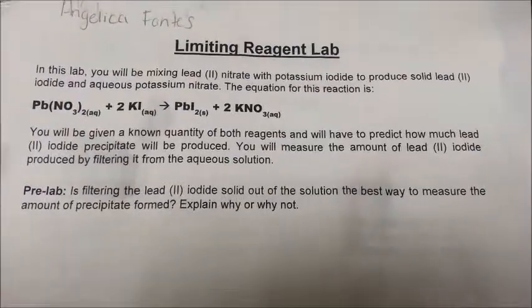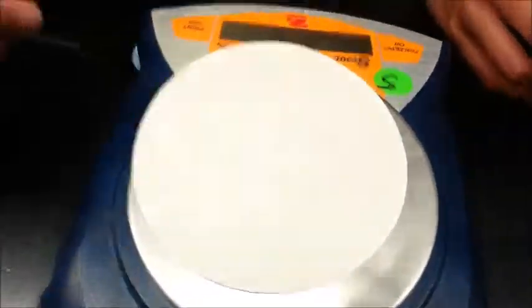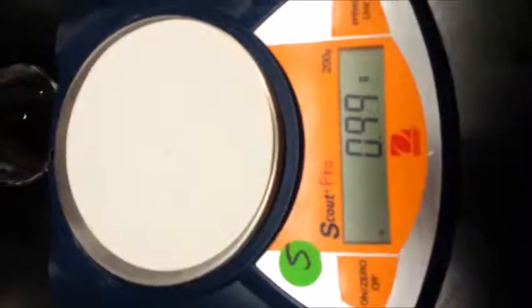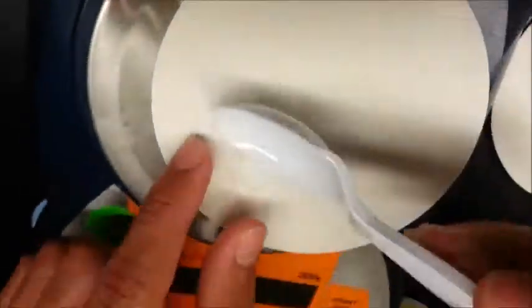The scientists started out with 75 milliliters of distilled water in a 250 milliliter beaker. Using a piece of weighing paper, the chemists weighed approximately 0.9 grams of potassium iodide on a balance. The chemists then added potassium iodide into the distilled water and stirred. They weighed approximately 0.8 grams of lead nitrate on a balance with weighing paper and added the lead nitrate to